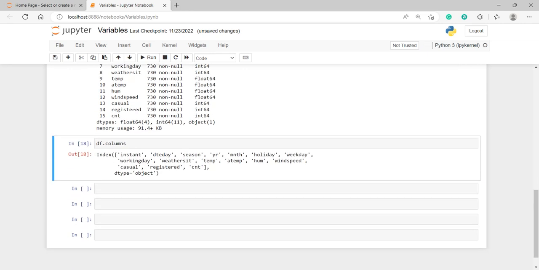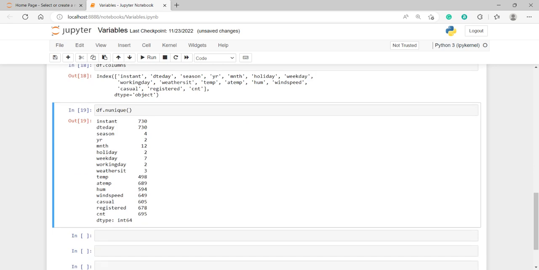Here we can get the list of all the columns. But we have to categorize all the columns into three types of variables. Using the nunique function we can divide all the features into three types of variables. So how will we do it? Let's see here, df dot n